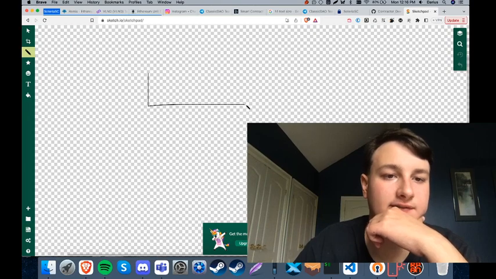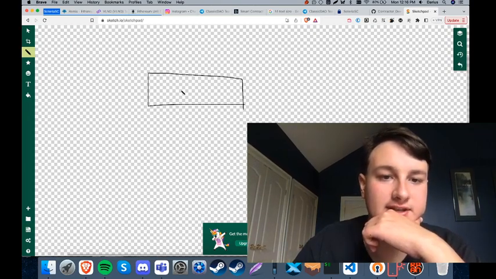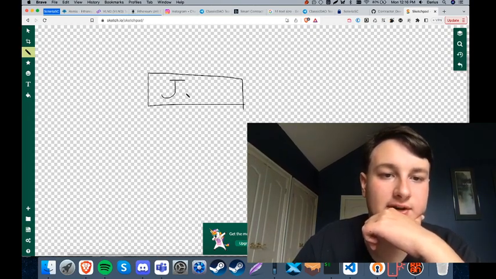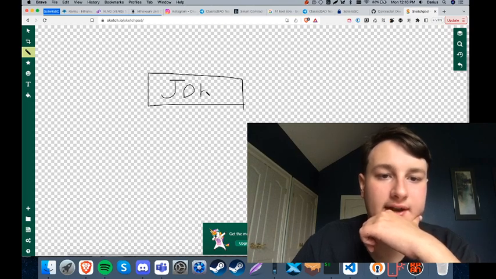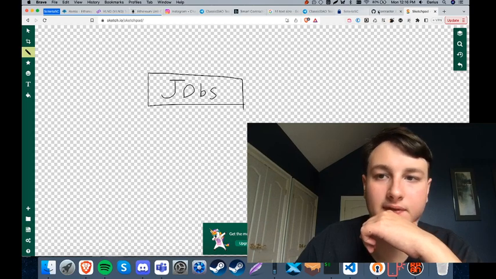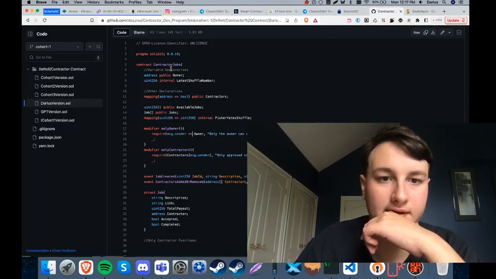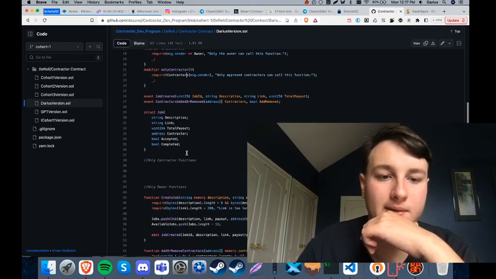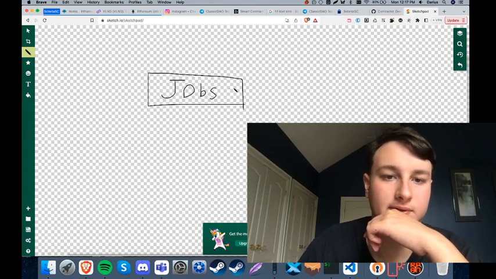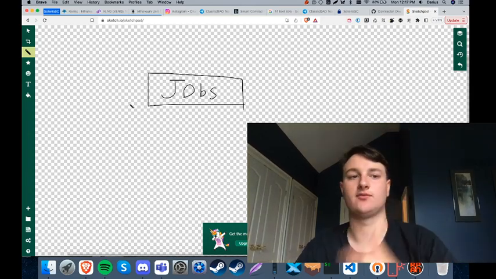Okay, so you're going to have the first array here. This is the jobs array. This has all of the jobs, and here we know the furthest job that exists because of the array. So we just look at job.length, so we can see what the most recent one is.